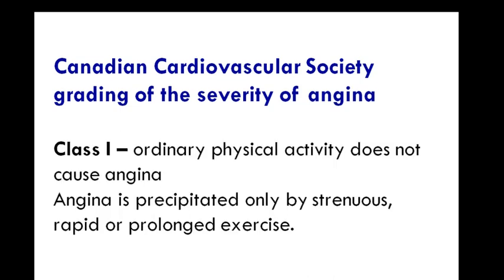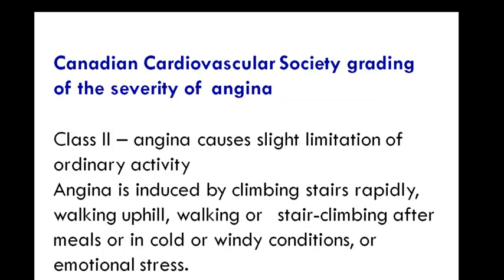Canadian Cardiovascular Society grading of the severity of angina. Class I: ordinary physical activity does not cause angina. Angina is precipitated only by strenuous, rapid, or prolonged exercise. Class II: angina causes slight limitation of ordinary activity. Angina is induced by climbing stairs rapidly, walking uphill, walking or stair climbing after meals or in cold or windy